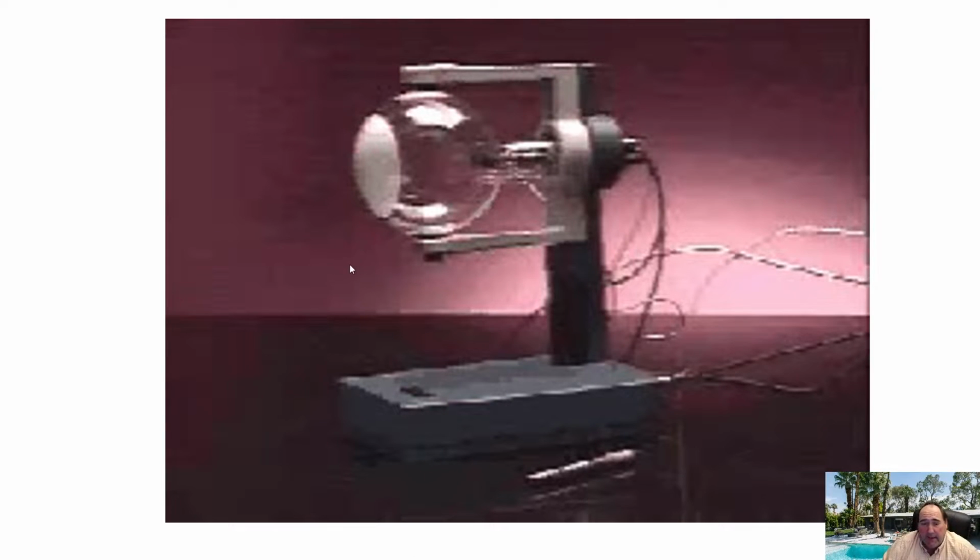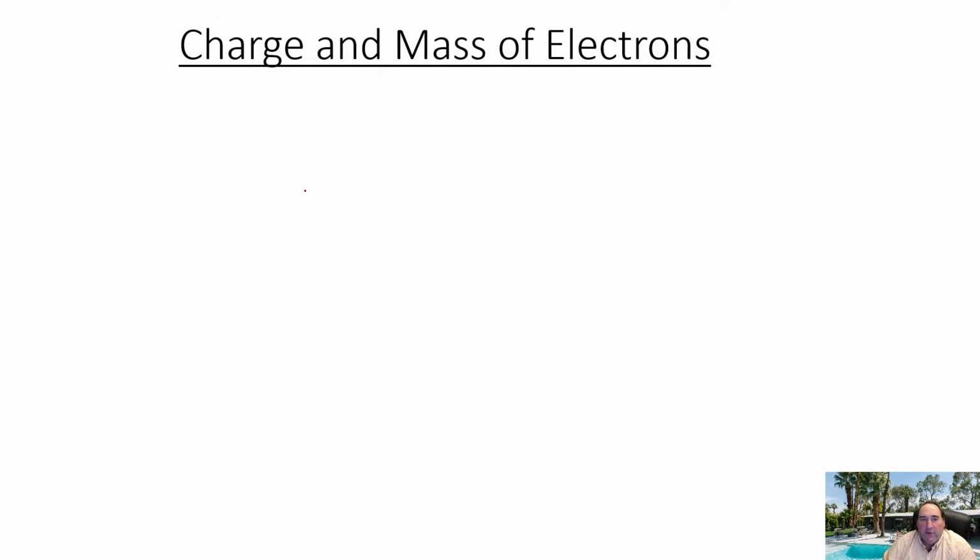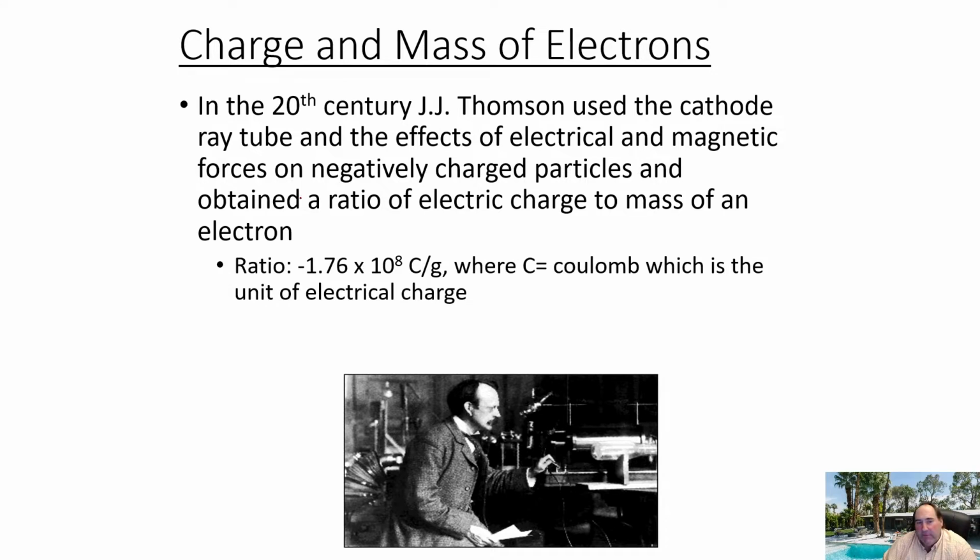Okay, so this is a picture of a cathode ray tube, and it would be shooting its negatively charged electrons towards here, and you'll be able to pick up on that coated screen, as you can see there, where the beams would be hitting. So one of the first important experiments using the CRT tube was done by J.J. Thomson. So J.J. Thomson is right there, and there's his cathode ray tube right about there.